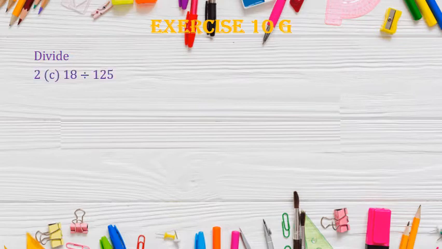Now let's do the C part of question number 2. Here we have to divide 18 by 125, and both of them are whole numbers. So let us see how we will do this division. Children, we will write 18 as 18.0. And now children, since we know that 18 is less than 125, so what we will do, we will put the decimal point after 18 in the quotient. We will write decimal point,